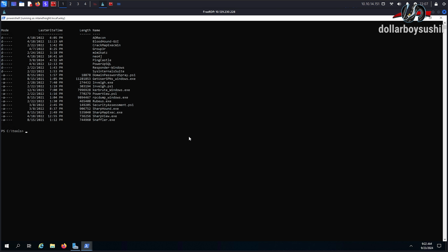Okay, now to change the password of user dimension, we need to import powerview.ps1. The link to this script is available in the video description. To import this, we are going to use the command Import-Module powerview.ps1. After this module is successfully imported, we can then run our command Set-DomainUserPassword